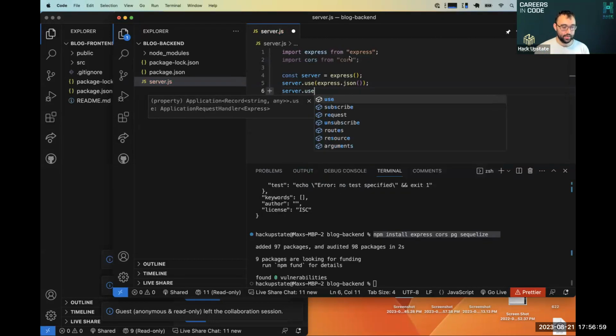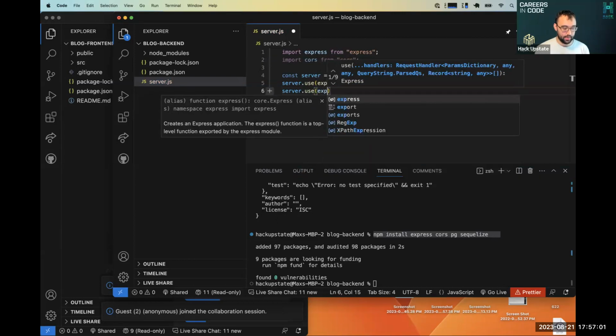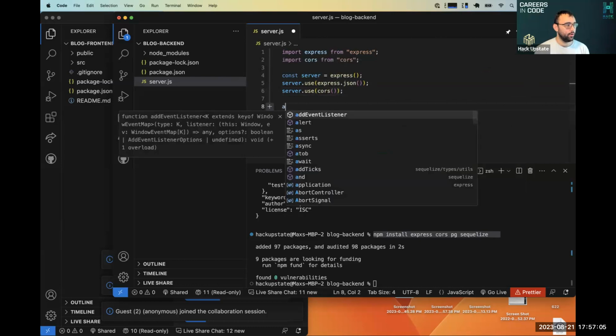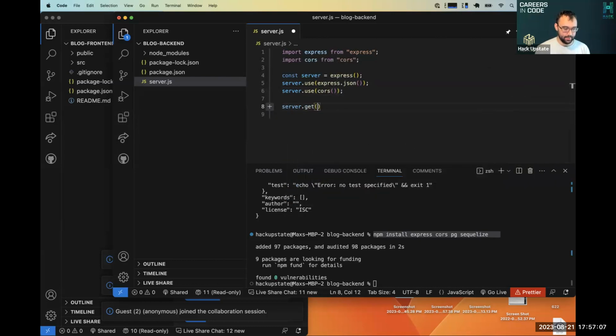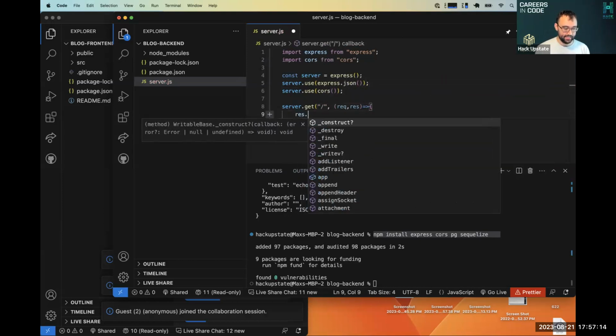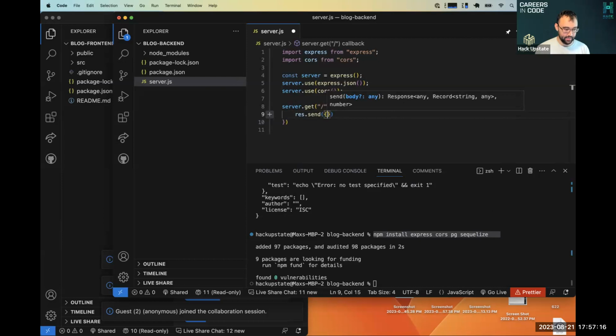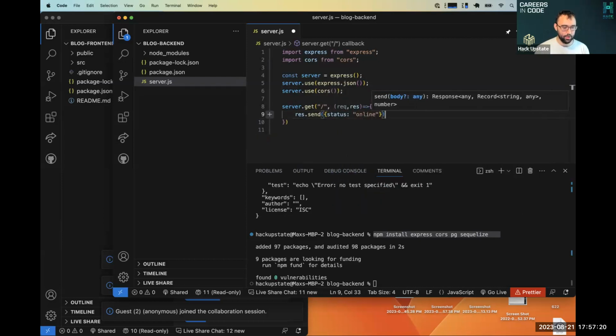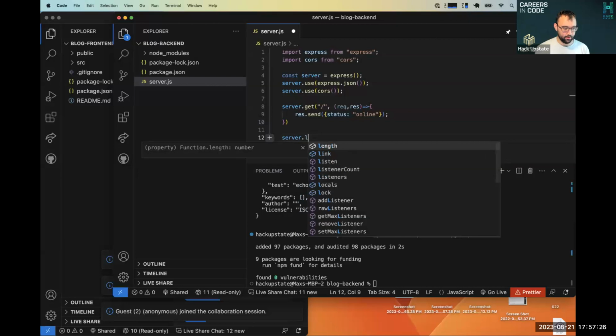We're going to server.use our cors. We are going to server.get our first req, res. That's going to res.send back something like "status online." Doesn't really matter what you send back here, just a way to test it, make sure it's working. And then we are going to do our server.listen